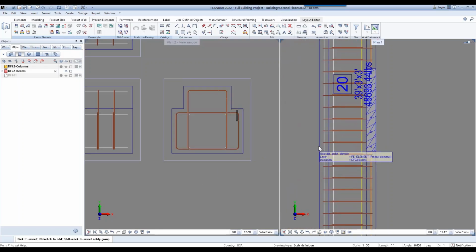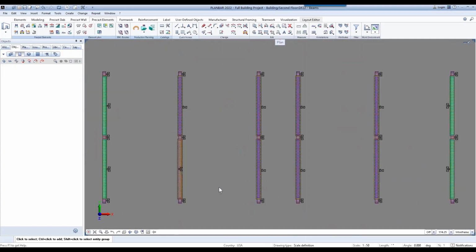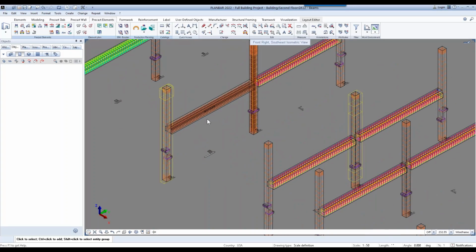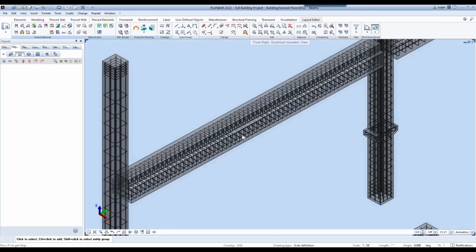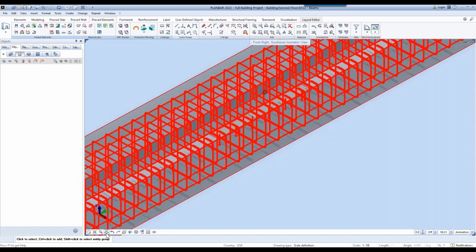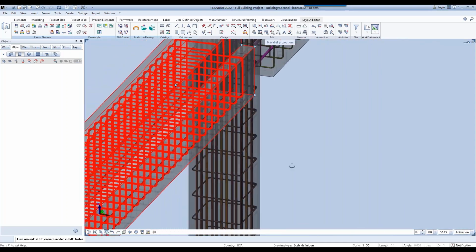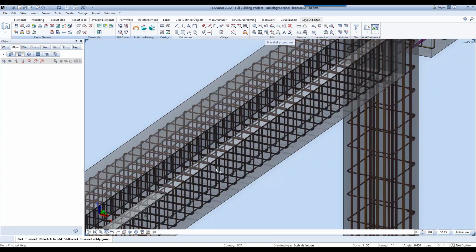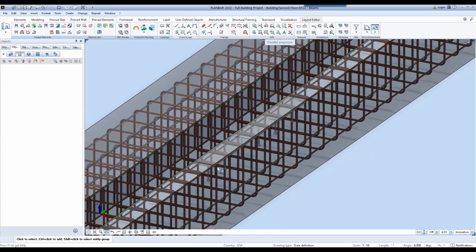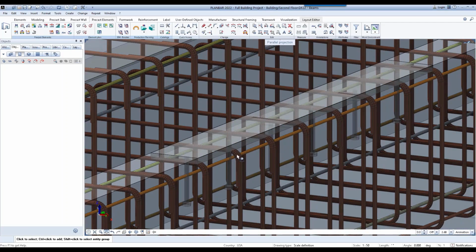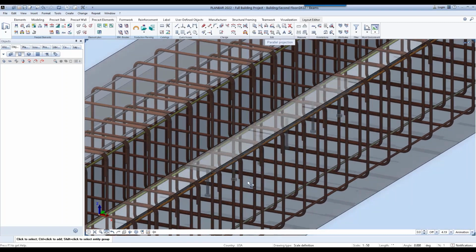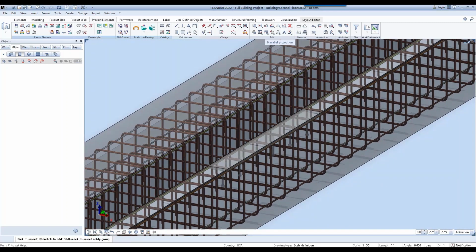So now if I rotate my model so you can more easily see it, change my views to just one viewport, zoom in on my beam and the situation that I have going on here, and rotate. See my plate here with my reinforcement. And I've got it placed right there on the ledge.